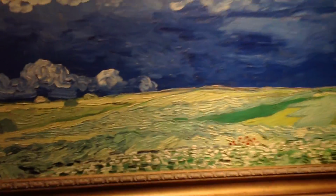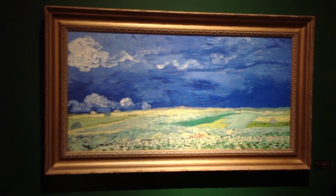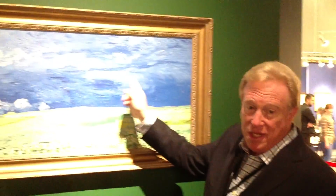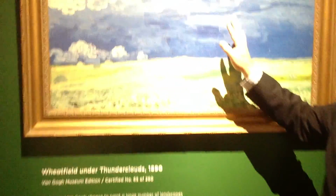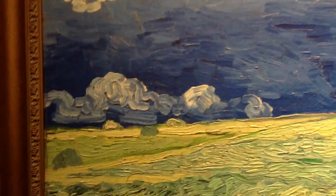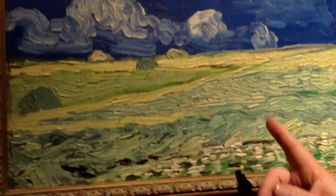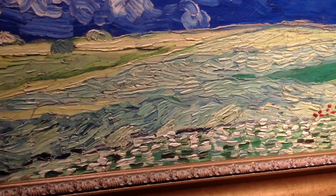This is amazing. So I'm going to try and back up, so that people can get the overall sense of that piece. It's a lot of fun to watch just the flaws on the canvas where it's actually been rubbed accidentally by mishandling over the years. You see right here. You can also see over here, there's a scratch on the surface. And that's in the original, obviously. There are cracks and chips on the paint down here, and there are even areas...